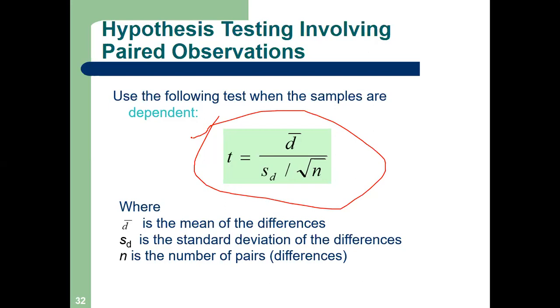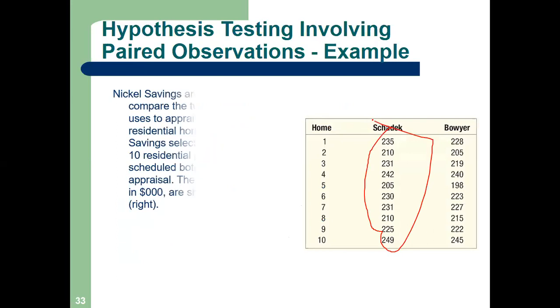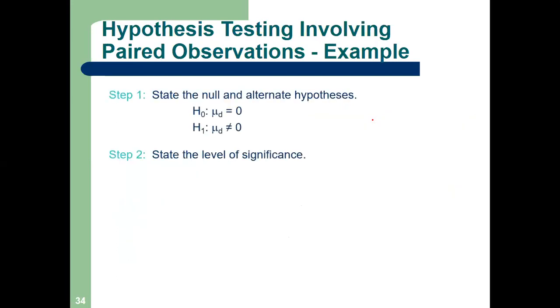Yes, Akshita. In this formula, D is the mean difference. It's the mean of the difference. I take first the difference, then I take the mean. These are the two samples. First what I will do, I am not doing this now. I will do it in the tutorial. Friday we are having it.